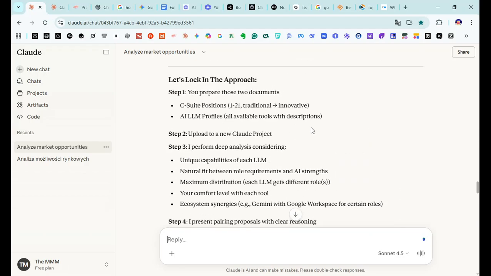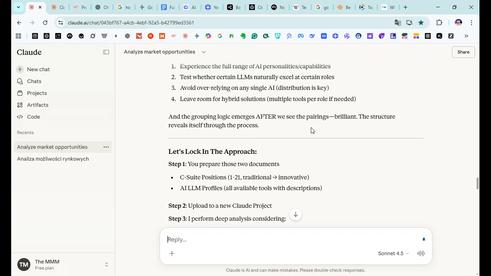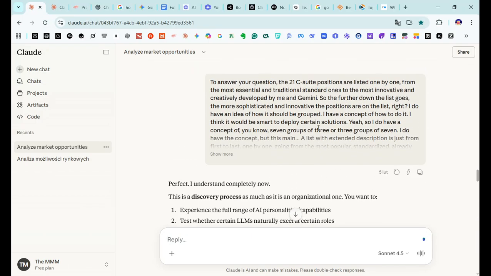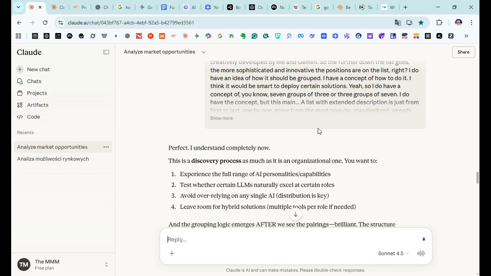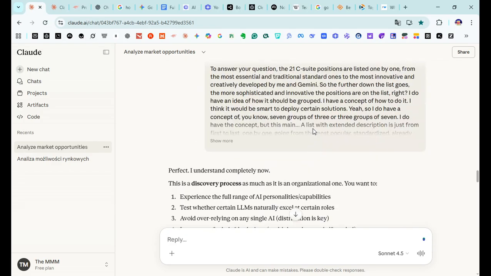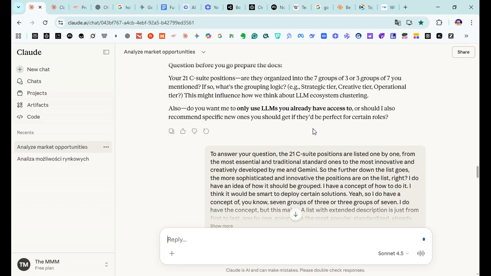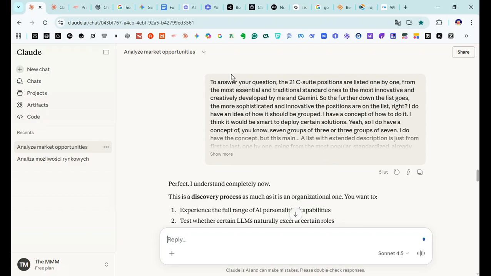I don't think I mentioned to it that I already have more than 30 AI models to assign to just the 21 C-suite positions, which actually is 22 with the CEO, which would be hugely part of the operator of the system.